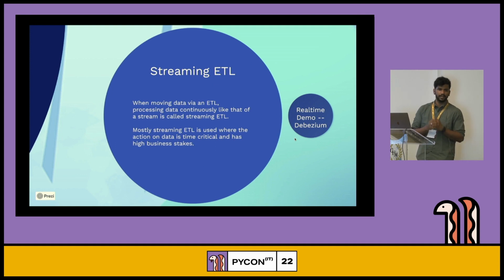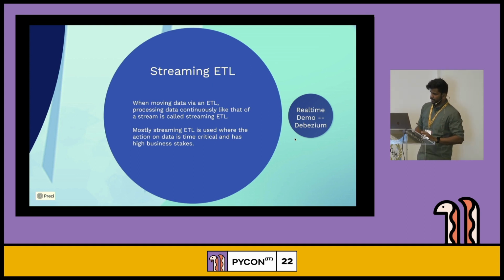You want to figure out whether a transaction is fraud, and this should be in real time. Streaming is basically, as soon as the data row comes into your database at source, you need to extract, transform, and load it to your destination at that moment.